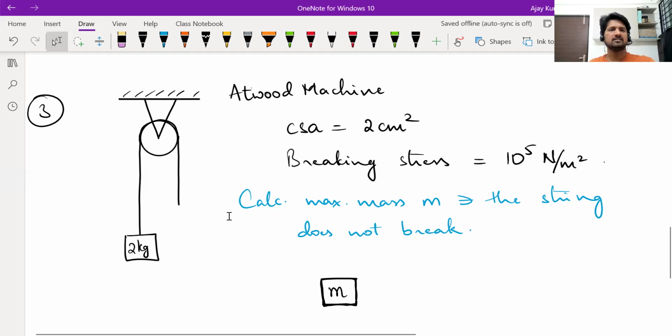Will there be any tension generated in the thread? No, sir. No, the string is massless and there's no mass connected on the other side. 2 kg will fall under the influence of gravity and the thread will just go along with it. Okay, so in that case, tension is zero, stress is zero. There's no reason for it to break. But when you add some mass on this side,